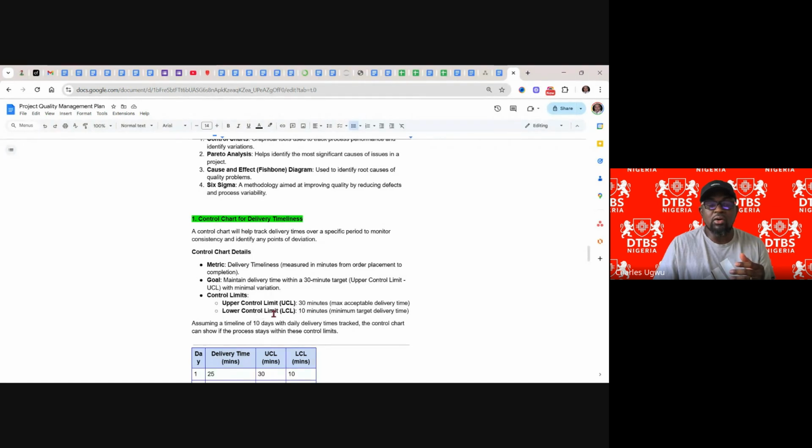And we have the lower control, which is 10 minutes. If anything happened within 10 minutes, before 10, how did it happen? Because it can't happen within 10 minutes of order, and somebody said I've delivered, then we must question it, because it could be a sharp practice. So this is where we are. Anything within this is quite comfortable. So you need to set both the upper limit and